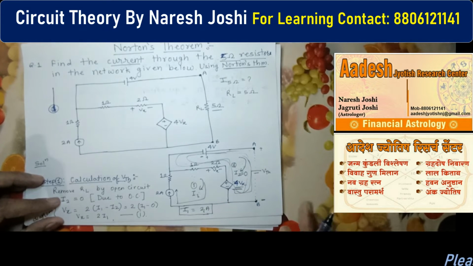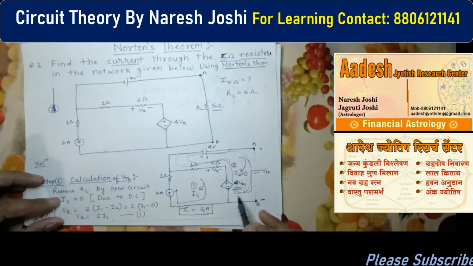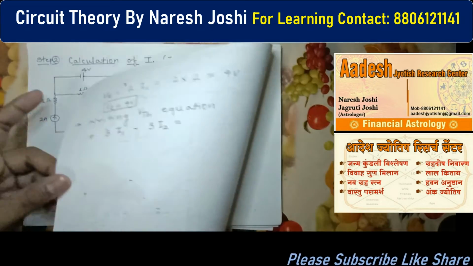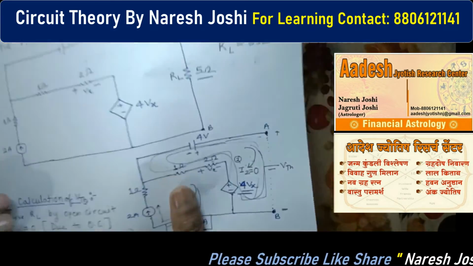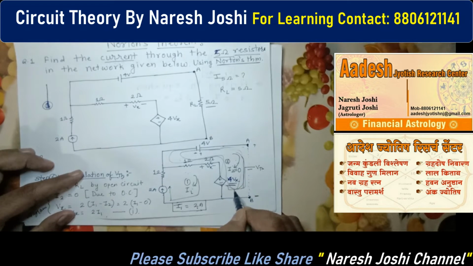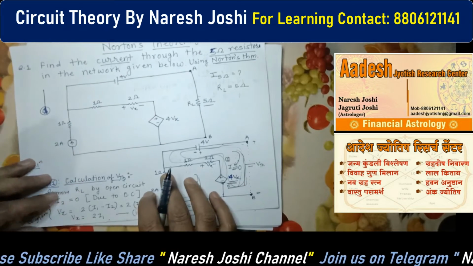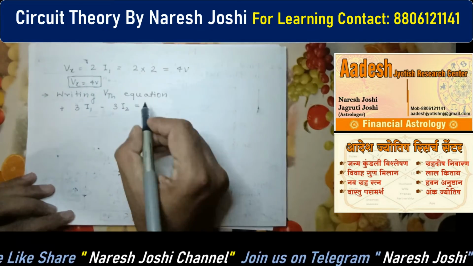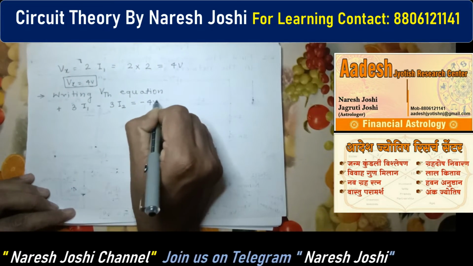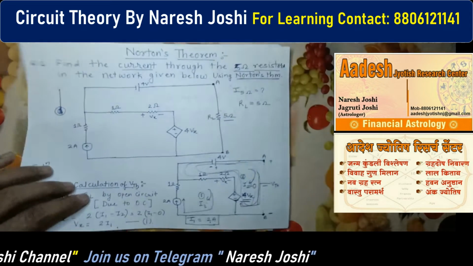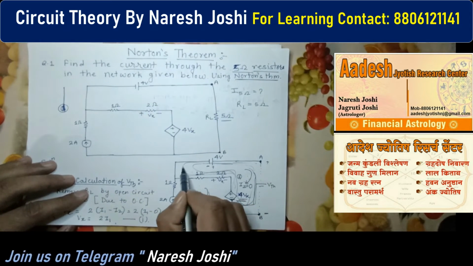So listen again, how can we write down the equation for voltage on this side. So here you can say we are coming from this side and we are reaching here. So what is the sign here, negative sign here. So first we have to write down the minus 4Vx. What is here, we have to write down the 4Vx. Then we have to move further, here you can come, then you have come here.